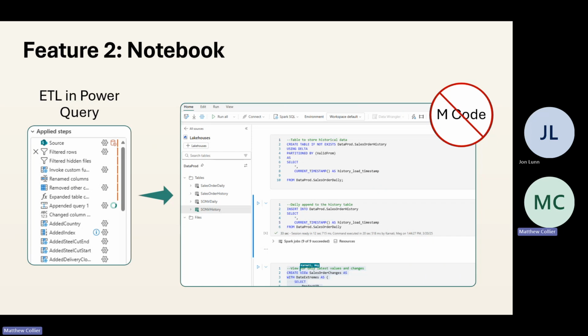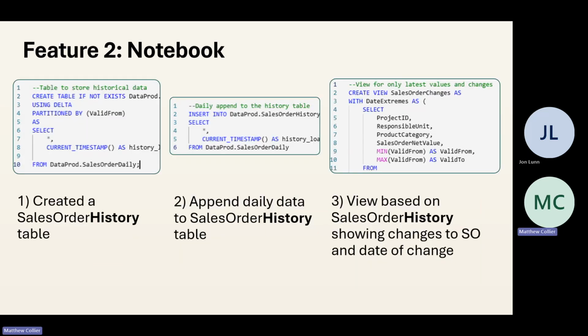So if extraction is easier in Python, you can do that part in Python, and then you can switch to SQL and then switch to R. So I think that's pretty amazing. I hate M code as well. I suck at M code. I don't know M code. So that's a bonus. And because I don't know M code, I don't feel the same limitations using a notebook as I do on Power Query, because there's just so much more you can do